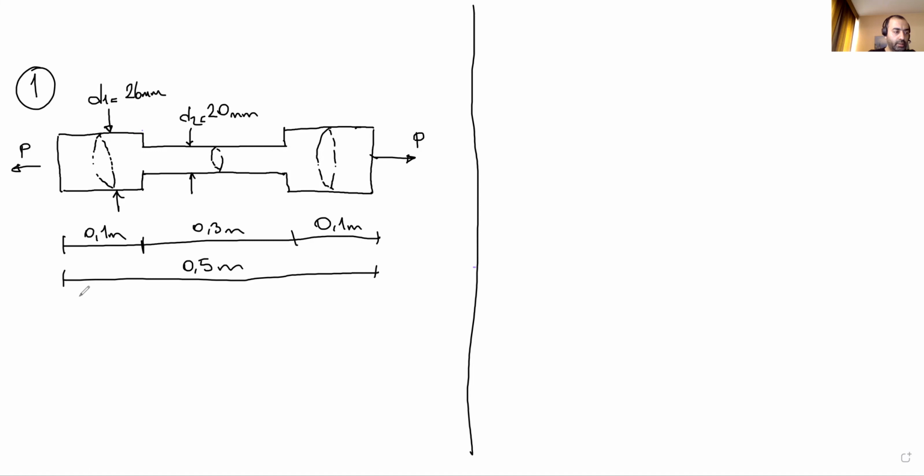The other data here is the modulus of elasticity for the material of this stick and frame, whatever. E is 10⁶, and sigma allowable equals